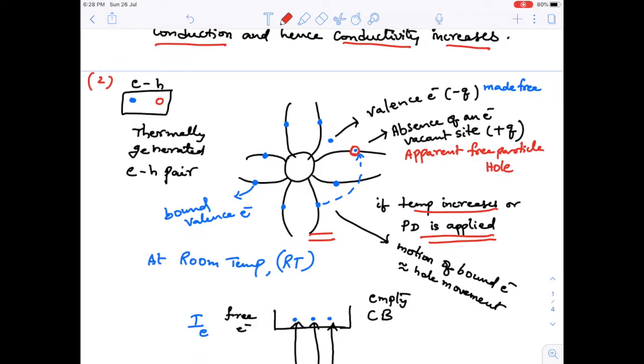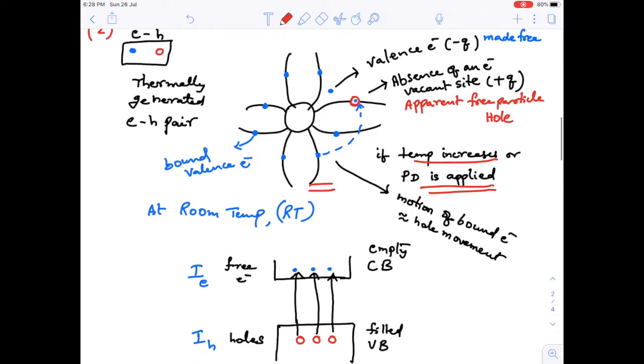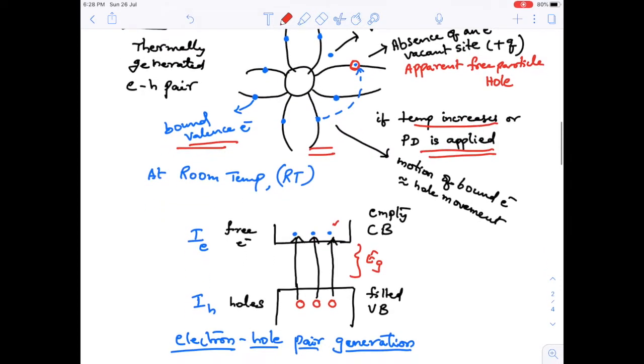The electrons can jump into the conduction band. These tightly bound electrons can jump into the conduction band. So they reach here because of getting this Eg, and the electrons from the filled valence band energy levels will reach the